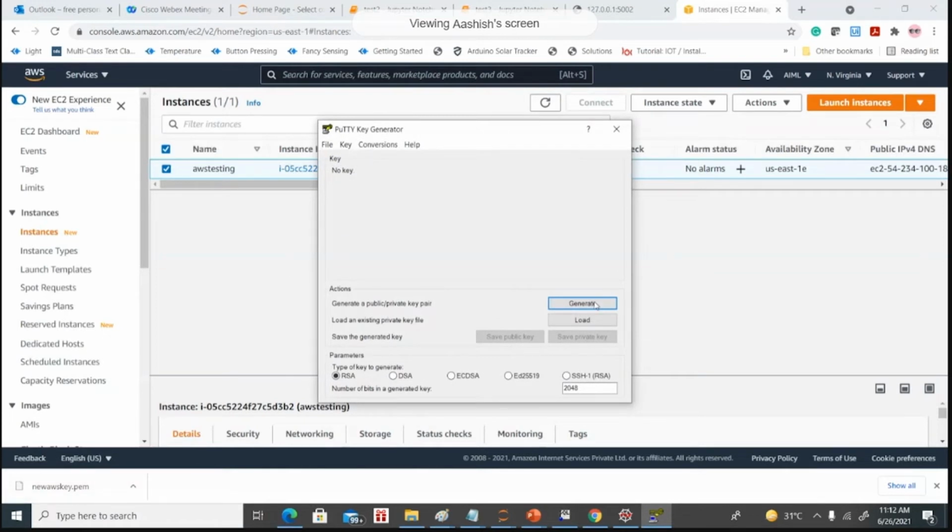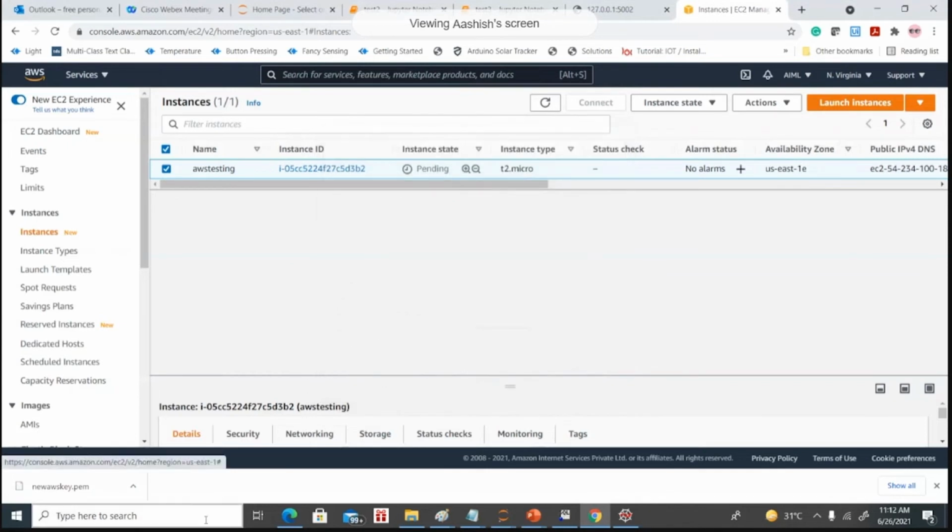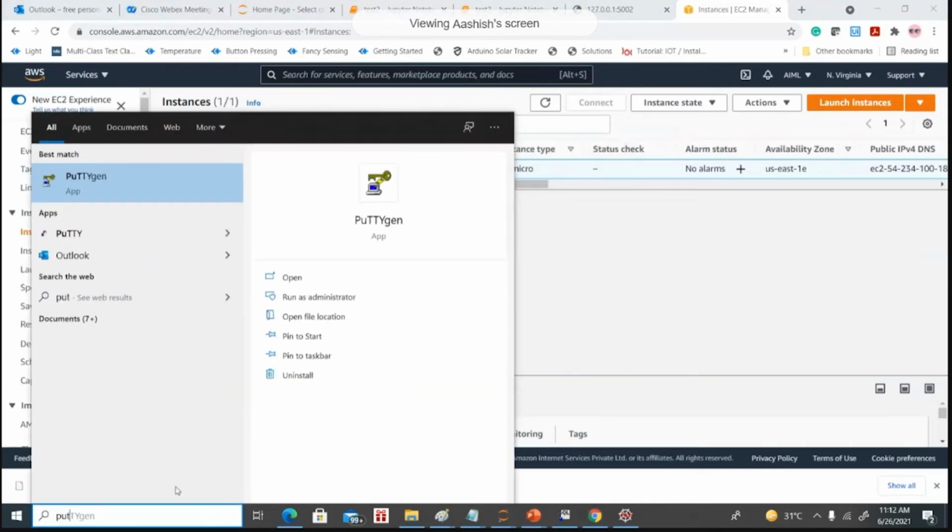Meanwhile, you can use the PuTTYgen software, and using PuTTYgen, you can load this .pem file and create one private key.